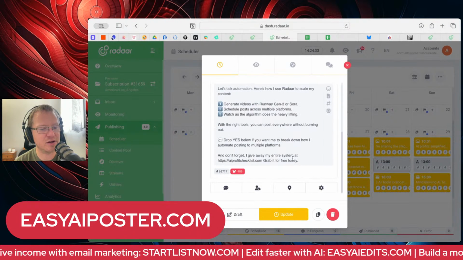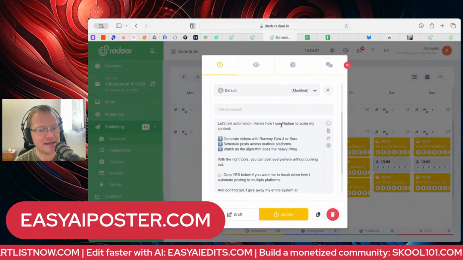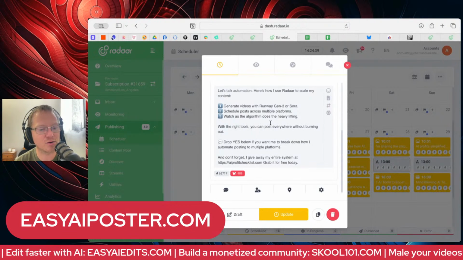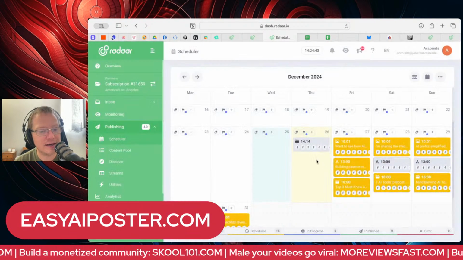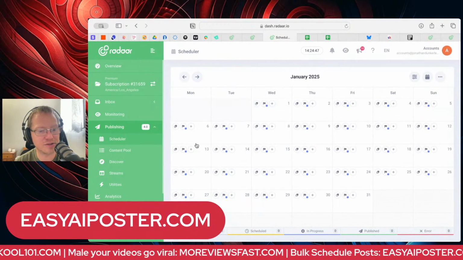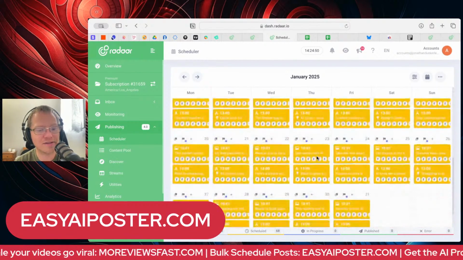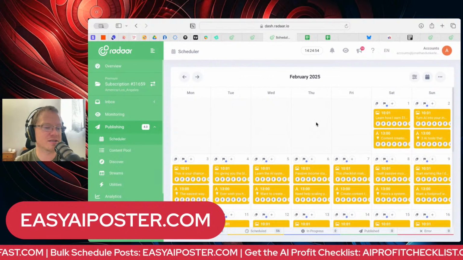So, and you see, even though it didn't look correct in that other page, it is showing that it is actually formatted correctly, how I want it. And then these links will actually be clickable. So it's really that easy. It really is to schedule out for months in advance, months. And as I add more reels, I just keep on scheduling them ahead.